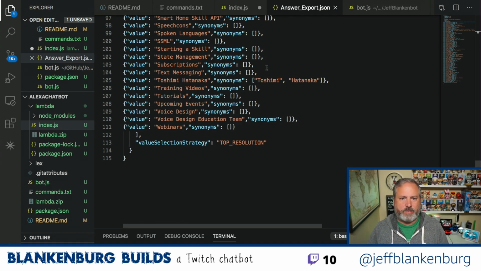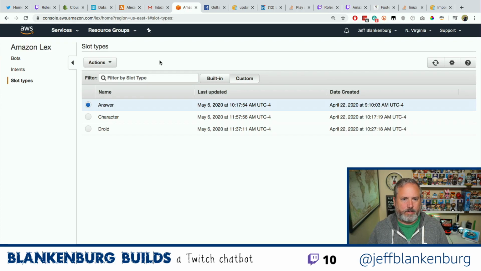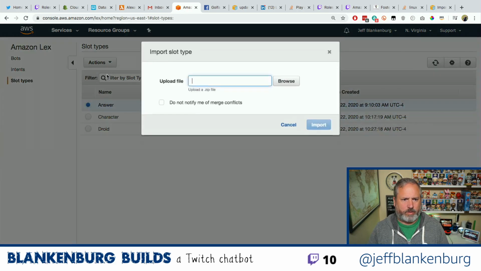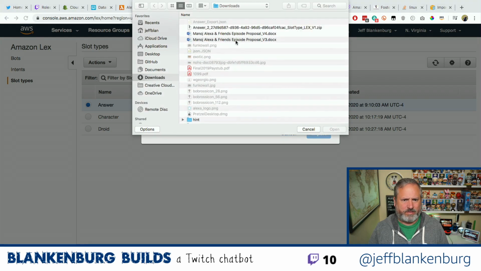Okay, so now we have our answer export JSON file. But again, when I come back here to the Lex thing, and I want to say import, it says upload a zip file. What if I just give them a JSON file anyway?